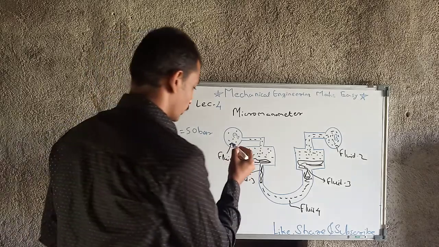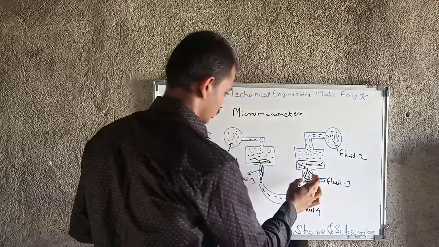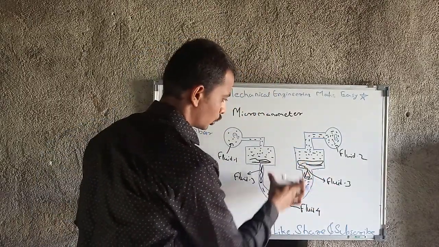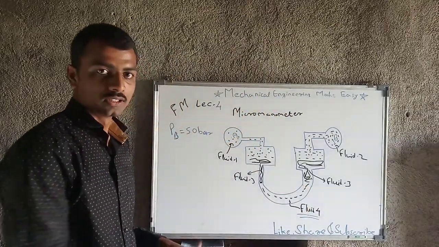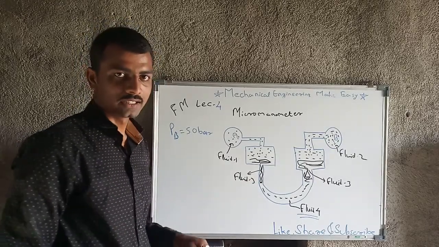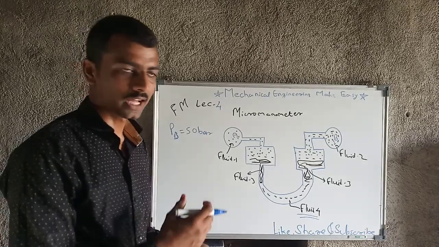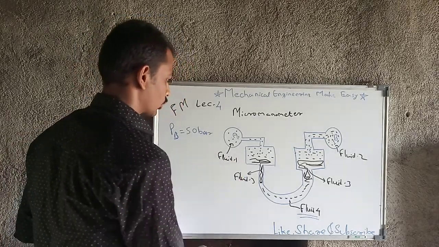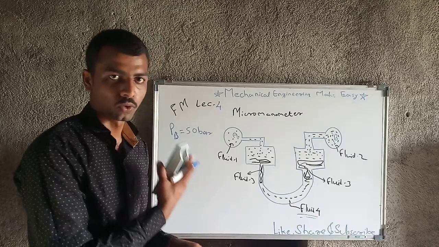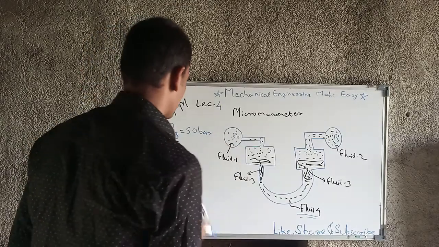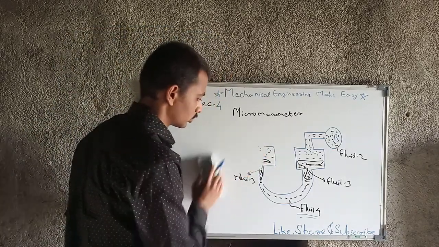In this we are using about four fluids. The first fluid is the fluid in pipe A, the second is the fluid in pipe B, the third fluid is at the bottom of these two tanks, and the fourth fluid is at the bottom of this U tube. Okay, this is the whole construction of the micromanometer, and I don't think a numerical will come from the micromanometer. That's why I am not going to give you the derivation, because it consists of four fluids. So you have to consider four densities and calculate all the parameters accordingly. So only remember the name and the diagram. Okay.